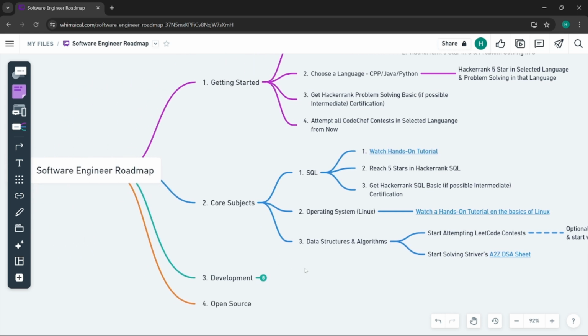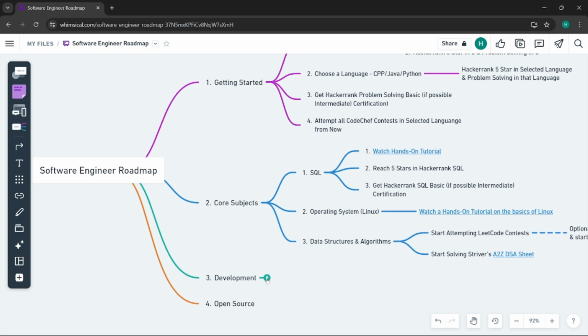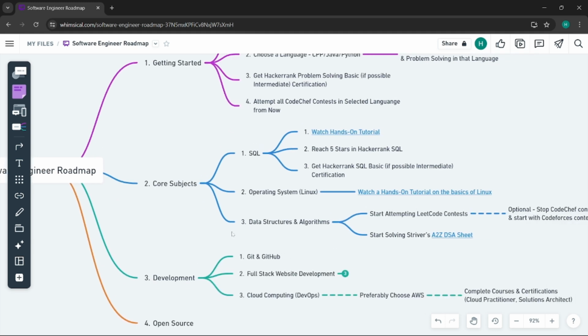Of course, a good software engineer knows how to code, so how to code DSA and competitive programming questions. This part we are covering there. And here he also has some extra knowledge of, we can say, the MERN stack, full stack in generalized terms, which can be MERN or MEAN, right? When you open this, this is the development section. MERN or MEAN, if you are not aware of that, MERN is MongoDB, Express, React, and Node.js.